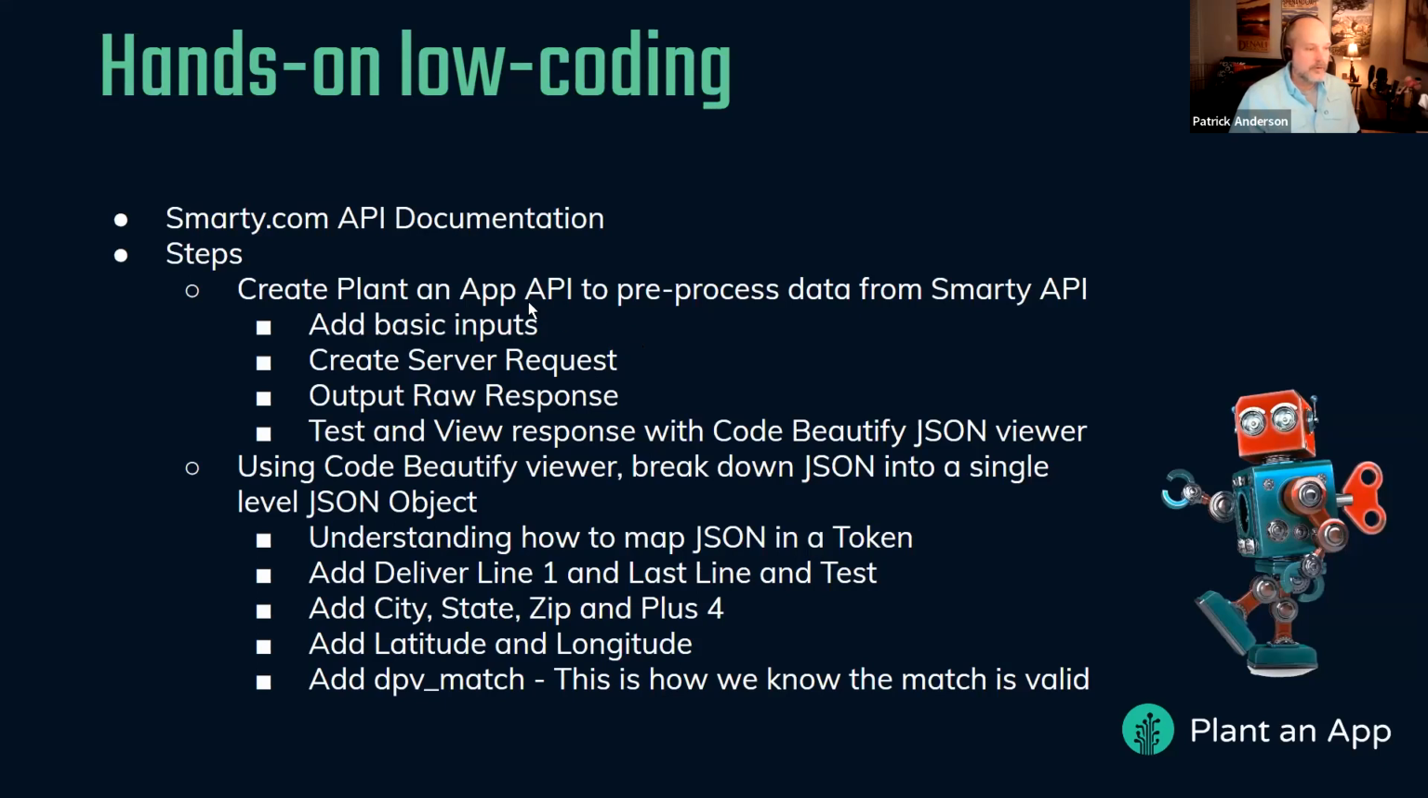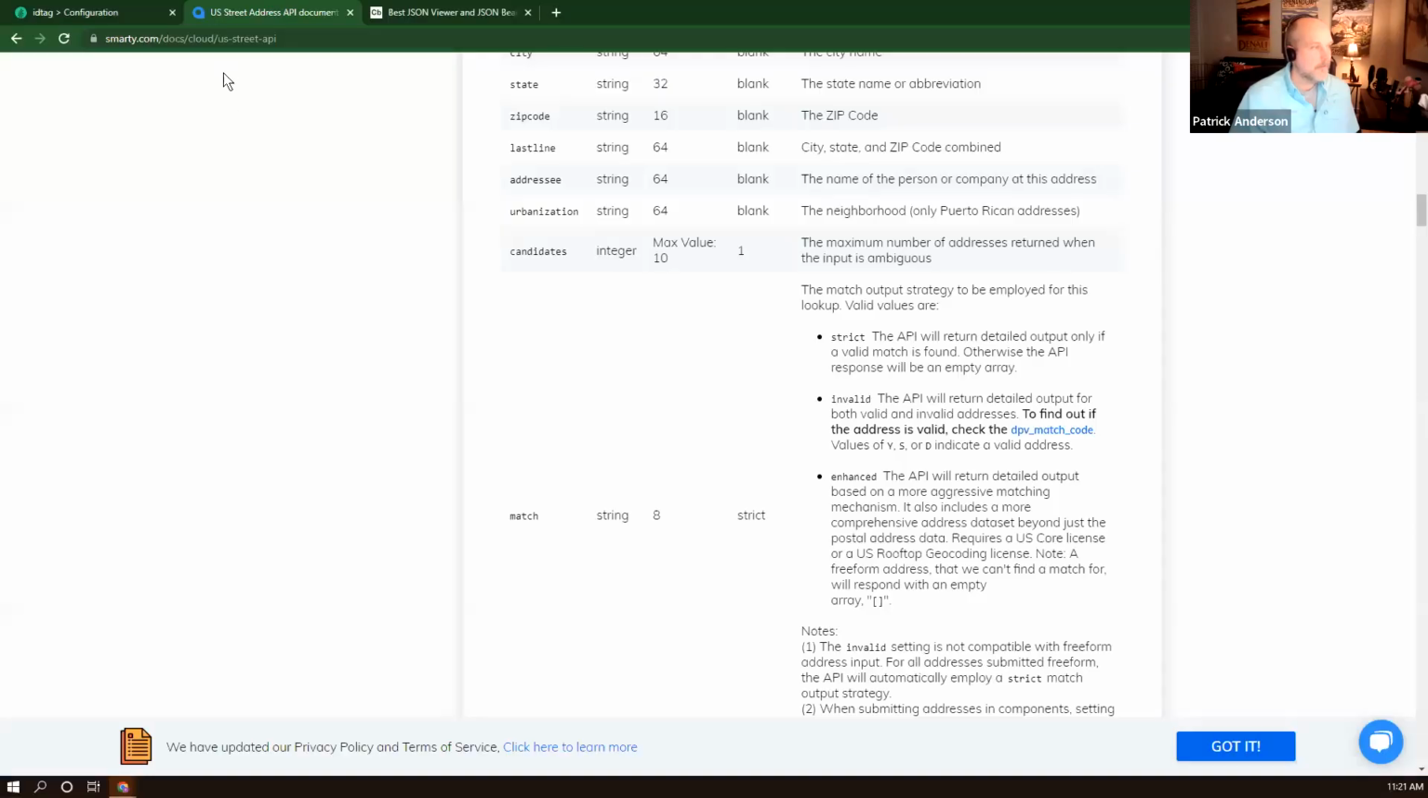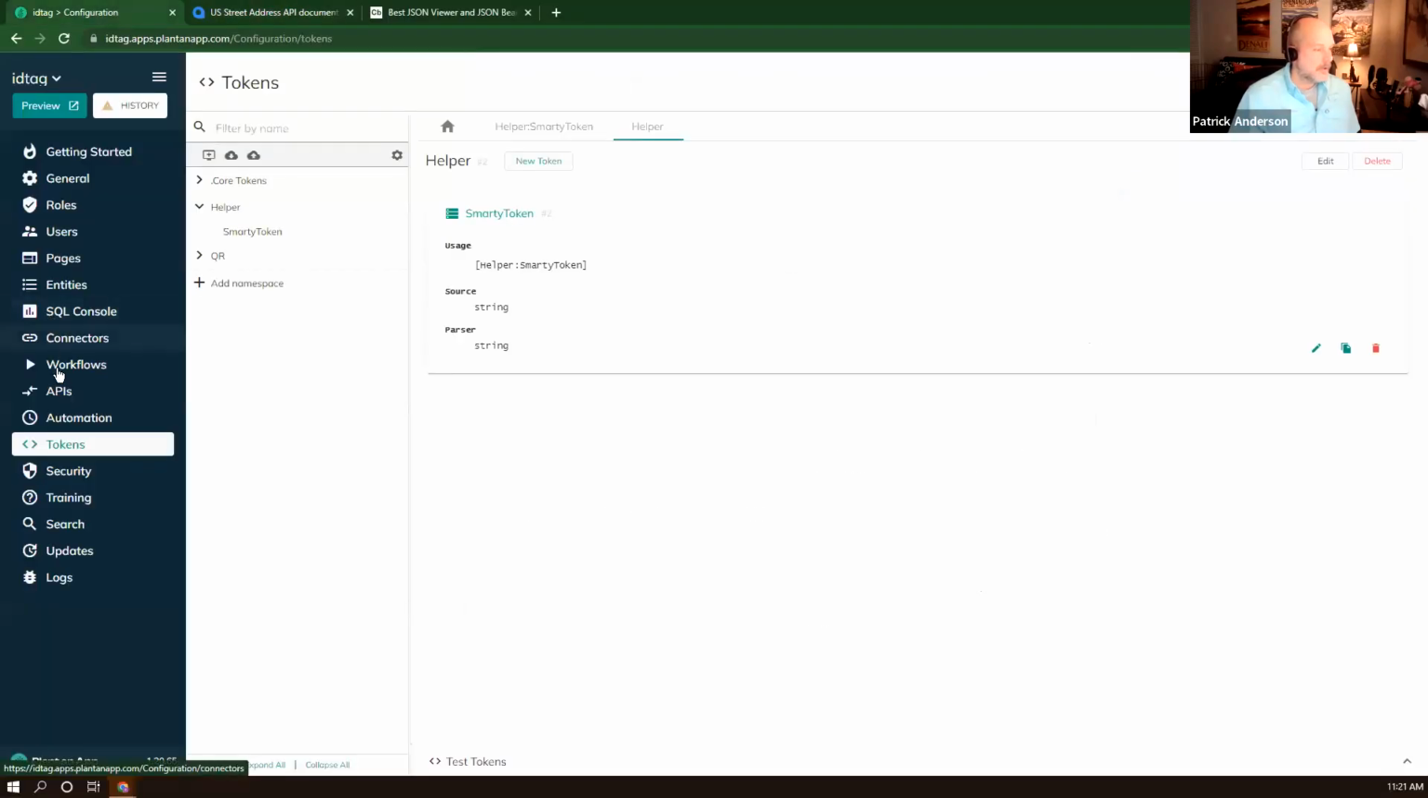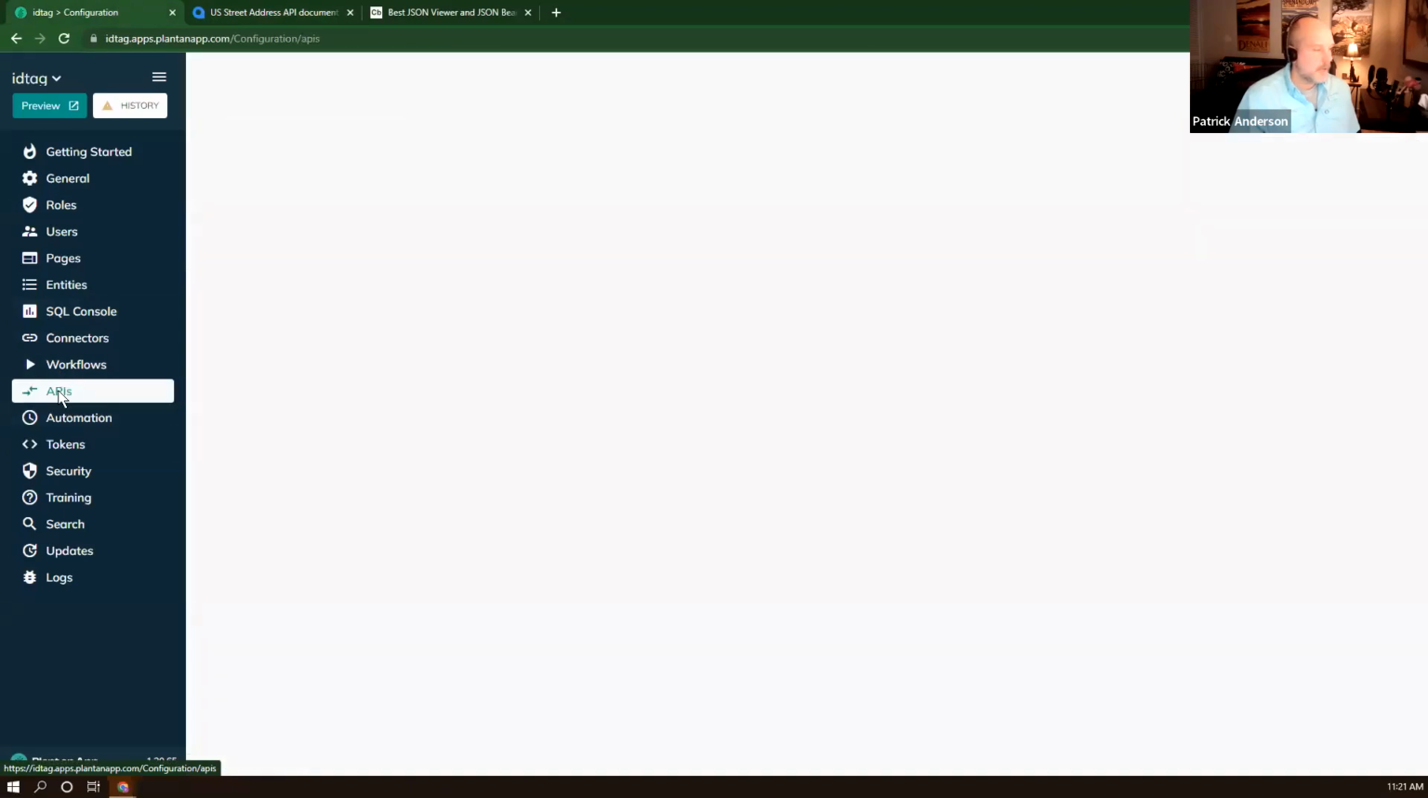We're going to create the API to pre-process data from Smarty. We're going to put in our address inputs, create the server request to pass the data to Smarty to do the verification. And first, we're going to take a look at the raw response. So let's get that much done here. So going back to my app here, I'll switch over to APIs,